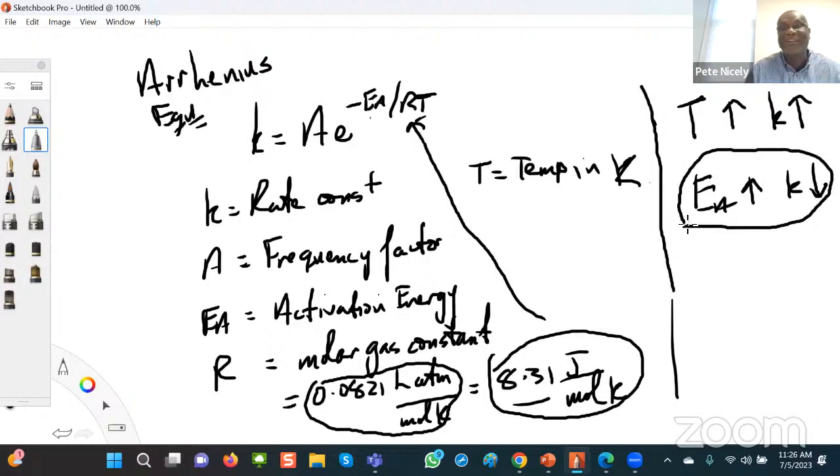Because as you should have seen in the videos that I've posted, we talked about the fact that catalysts are substances which, when added to the reaction, provide a different mechanistic pathway of lower activation energy. So if the activation energy is lowered, that means that there is a corresponding increase in the rate constant, all right? And there are several examples, especially when it comes to biological systems, where we can apply